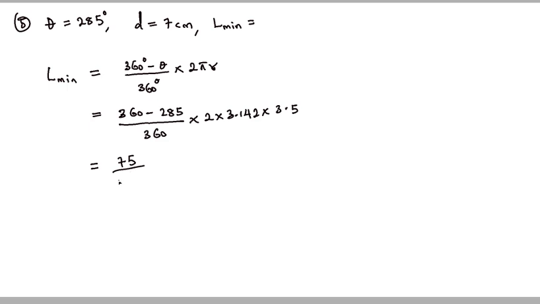So 75 over 360 times 2 times 3.142 times 3.5. So let's put over 1 here and over 1 here. So equal to 75 times 2 times 3.142 times 3.5 is giving us